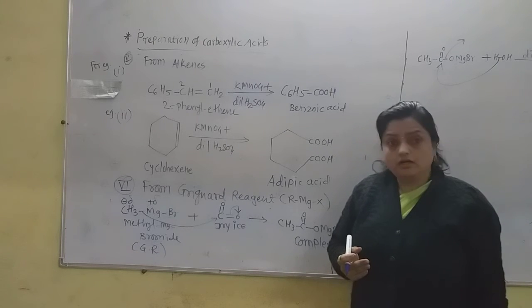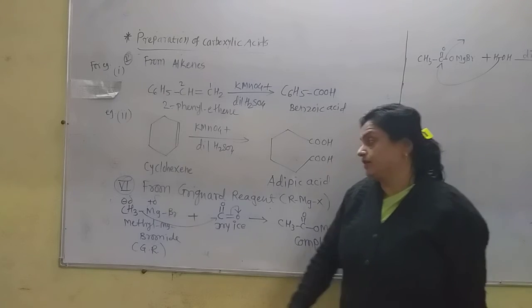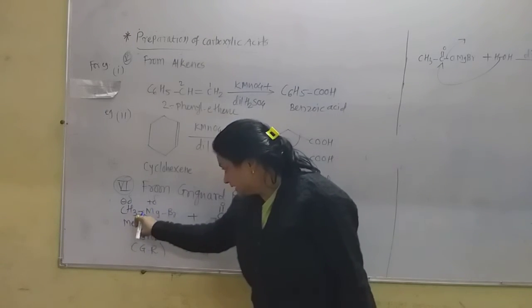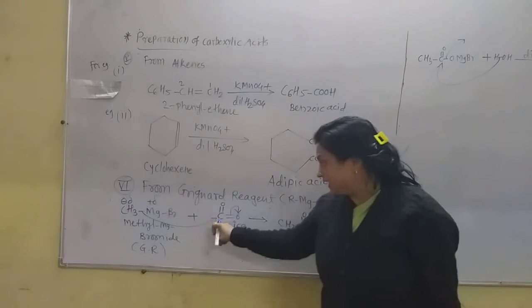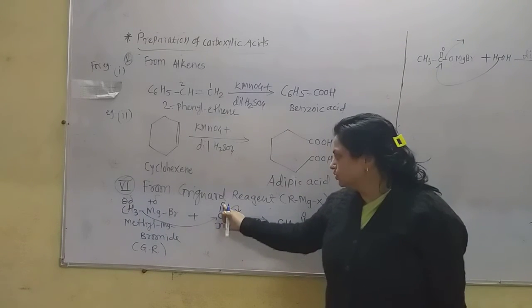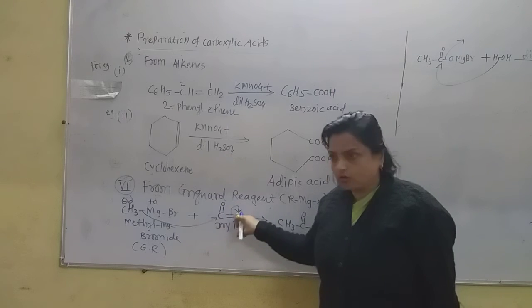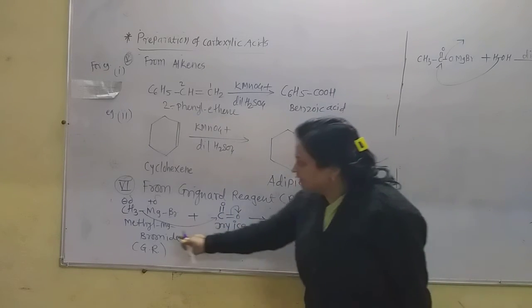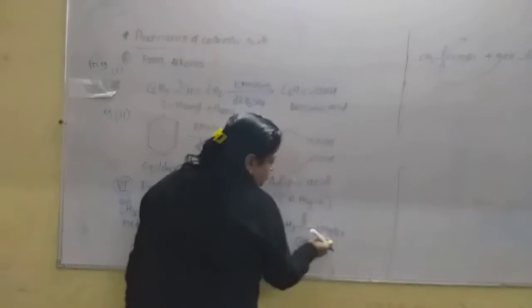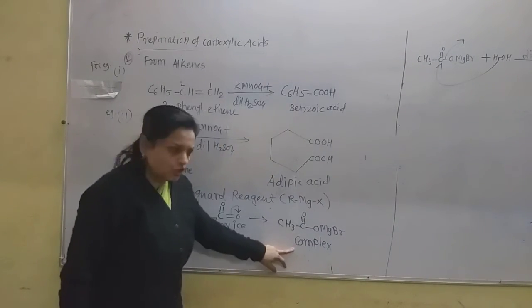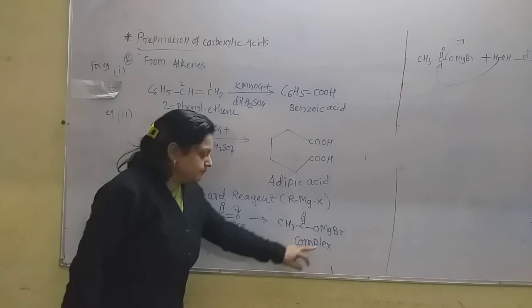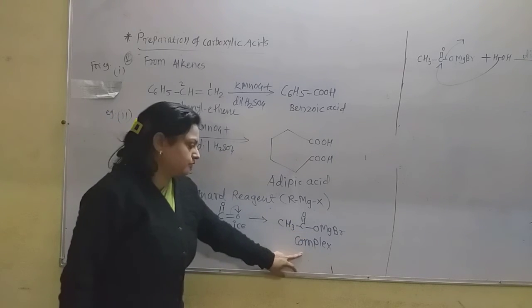Now a very important mechanism is there. We know that the alkyl group has the negative charge and magnesium has the positive charge. This negatively charged methyl group attacks here. Now write down the carbon dioxide in this way, C double bond O. At the same time, one of the bonds shifts and O minus is there. Now MgBr attaches to that. Now this complex is obtained. Now this CH3 attacks here, C double bond O, OMgBr, a very important first step complex.